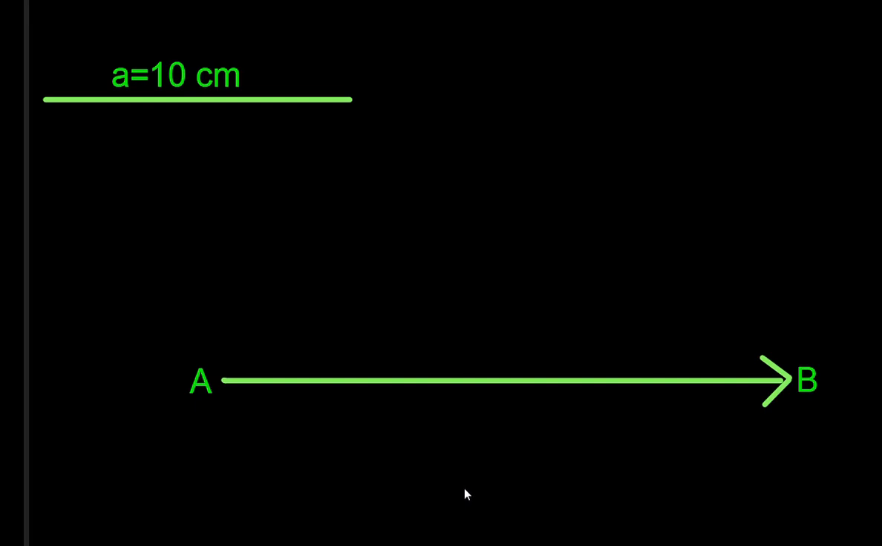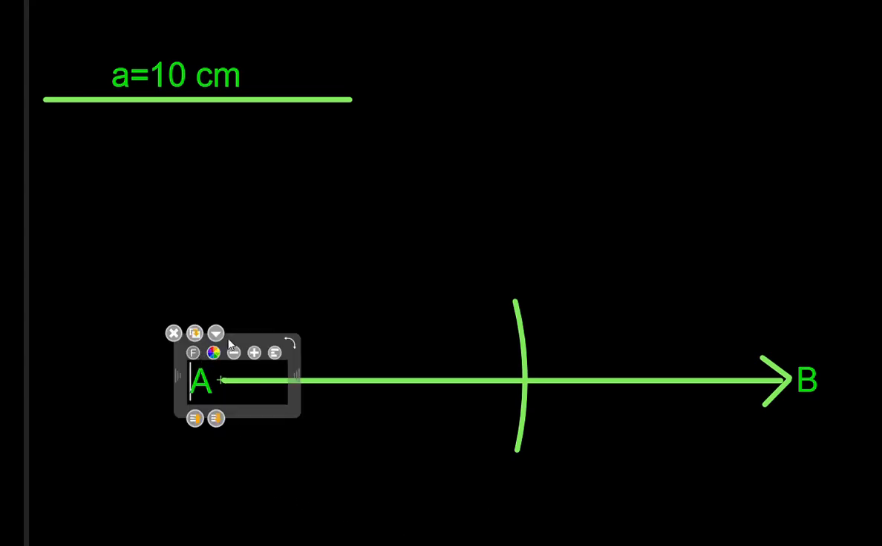Now, to draw the line segment of a given length A equals 10 centimeter, we have to use the compass and taking the radius A equals 10 centimeter, with center A, and taking the radius equal to A equals 10 centimeter, we draw an arc,